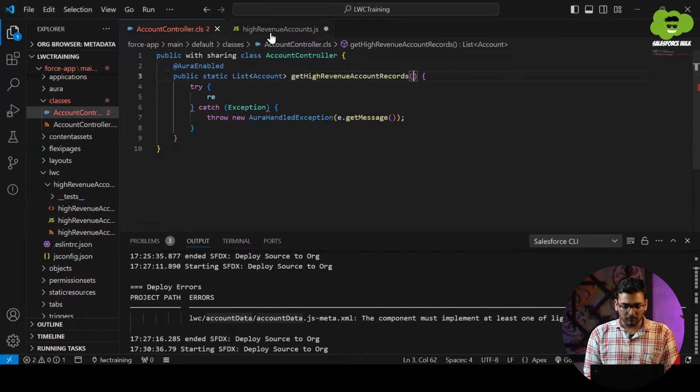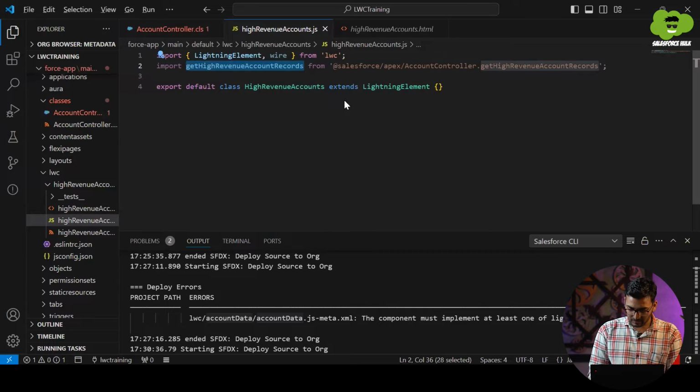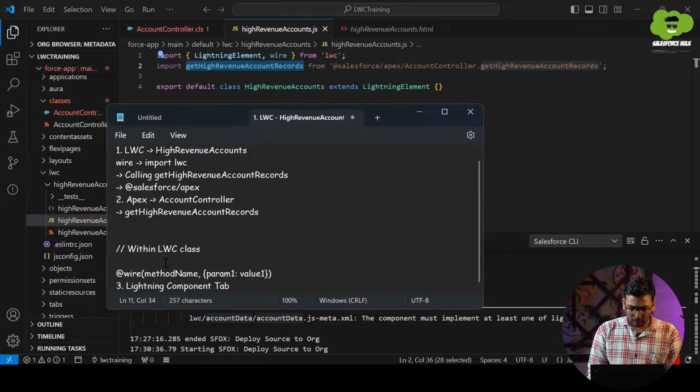So we need not put any parameter here. There will be no comma and no object needs to be passed in this wire decorator method.